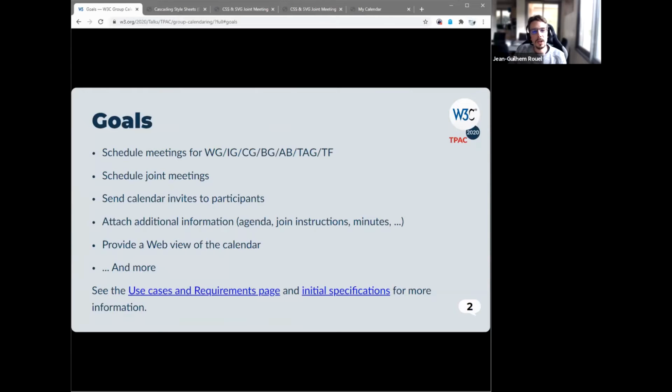So without going into details, I will first give you an overview of the main goals of this project. The first one is, of course, to provide WCC groups, so working groups, interest groups, community and business groups, task forces, but also the AB and TAG, with a way to schedule and monitor their meetings.